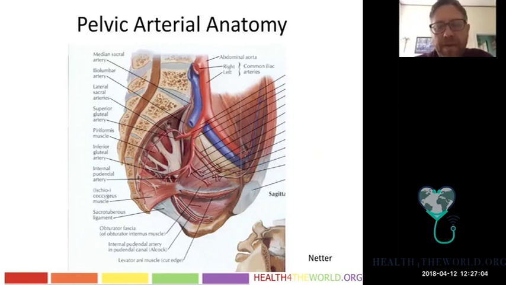But there is an important branch that is the obturator artery, which comes off here and goes to the obturator canal. And the obturator artery is another important branch should there be occlusion of the external iliac artery, but patency here, then the obturator will fill the femoral artery from collaterals, which I'll show you